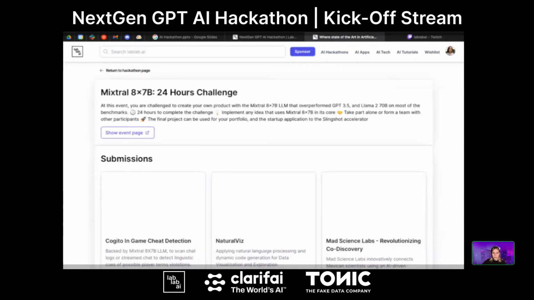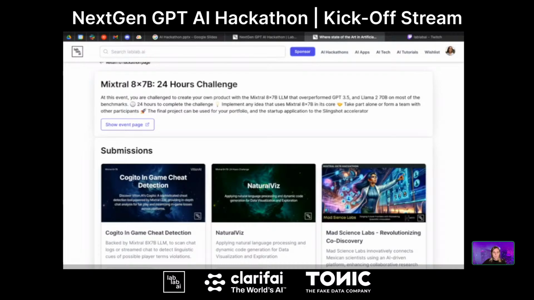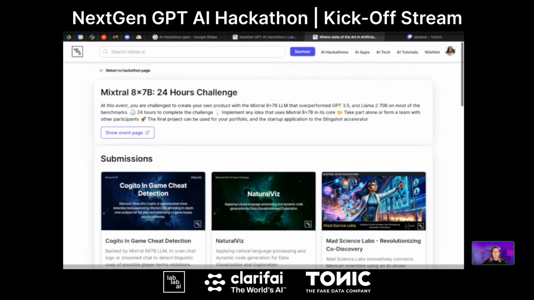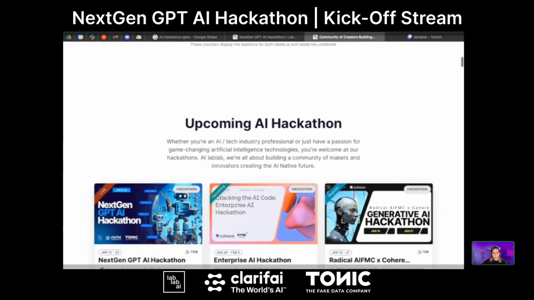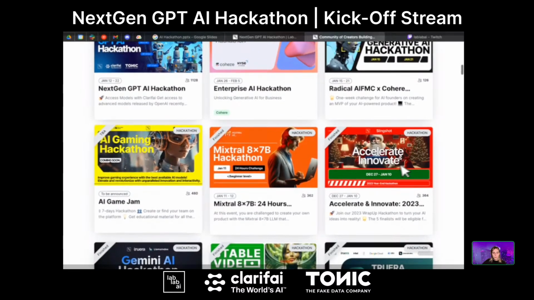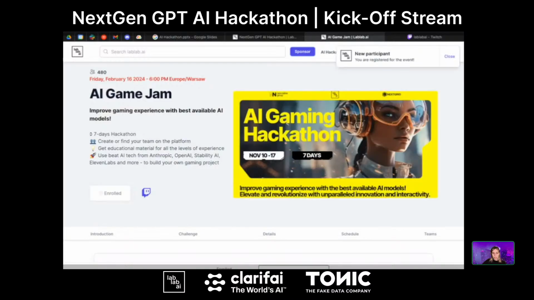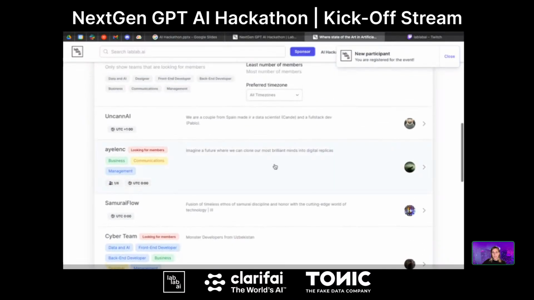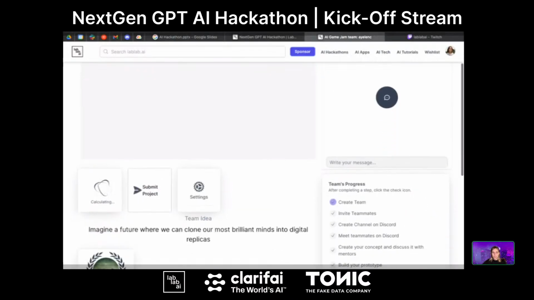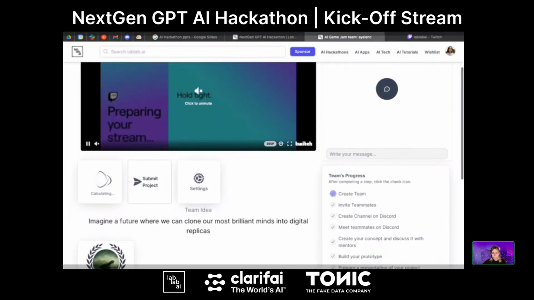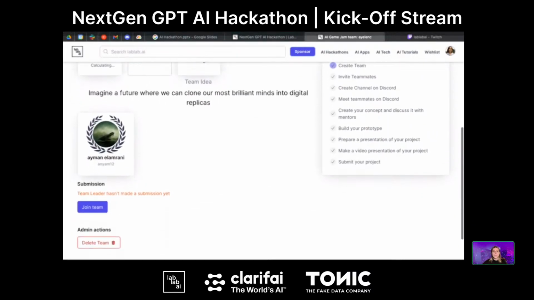I'm showing you the example of another hackathon, because I'm already taking part in the Clarifai hackathon, so I will not be able to show you my user's view. Let me pick any other hackathon so I can show you how the team page looks. Perfect. So once you have your team page, you're able to have a bit more functions than usual participants.